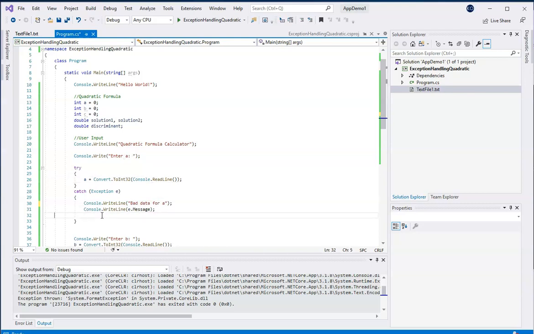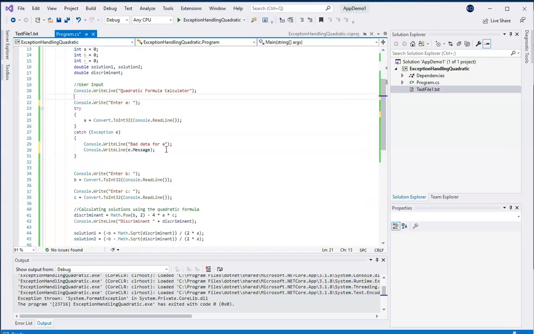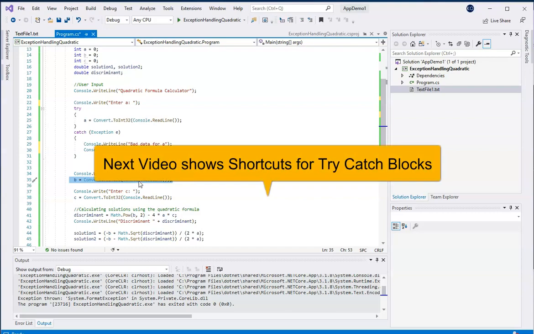Now, that took a little bit of time to do, and it takes a little bit of finagling. So, this is often done frequently, and so there are some shortcuts that we can take. If I highlight the line of code that I want to put my try-catch block in, I can